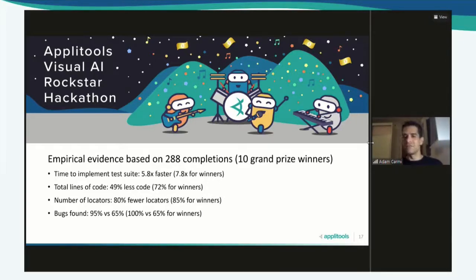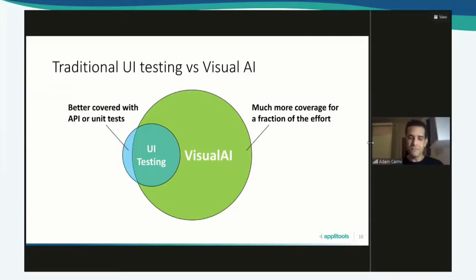Just think of these results, of the differences we would see if they would also have the same amount of experience, of years of experience using Visual AI. So to conclude this section, from what we see over the years with hundreds of teams, anything that you can do with traditional UI testing techniques, you can accomplish with visual AI, and you get much, much more coverage, and it takes a fraction of the effort to create tests and maintain them moving